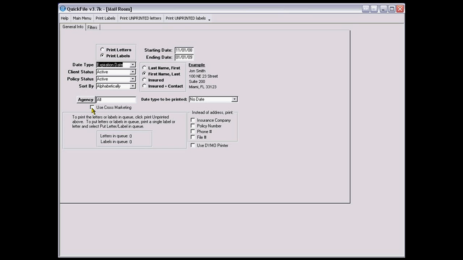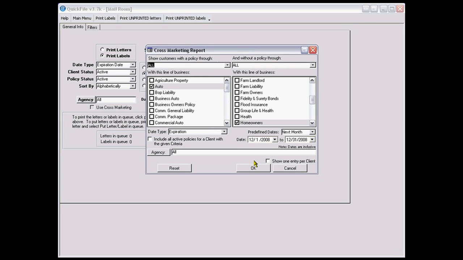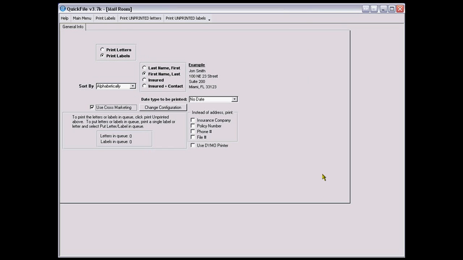We also have the ability to do our cross-marketing from here. If I click on Use Cross-Marketing, I'm going to go by expiration date, active, alphabetically. If I check this box and say Use Cross-Marketing, I would then be looking for all my clients that are going to have auto policies but not homeowners policies. So I'm looking for these people. When I click OK and I select my letter,